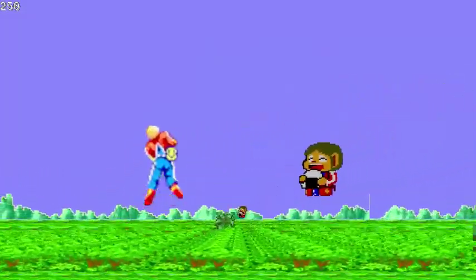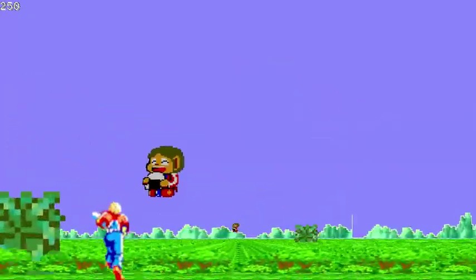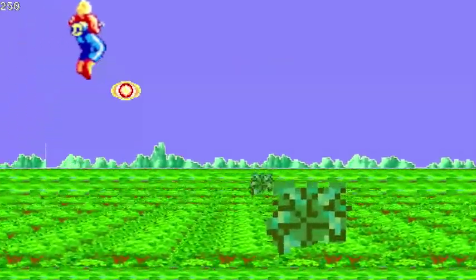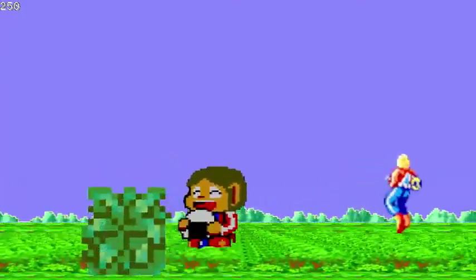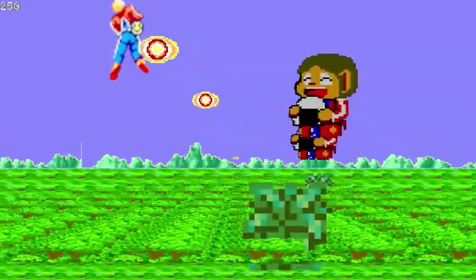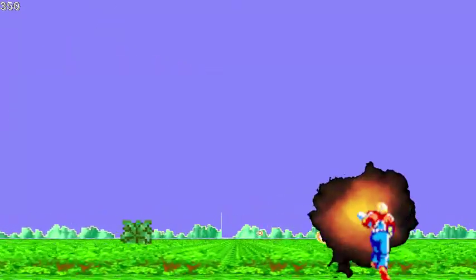So stage 1 is pretty tame, as stage 1 typically tends to be in these sorts of games. But there they go, flying away. I should be getting close to the boss soon. Some more enemies flying out at me. I'll have to get somebody to draw some cool dragonfly things for me here.